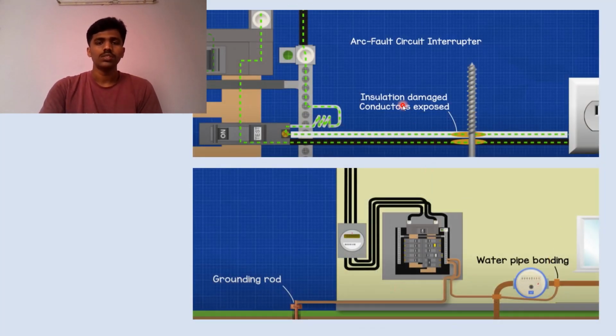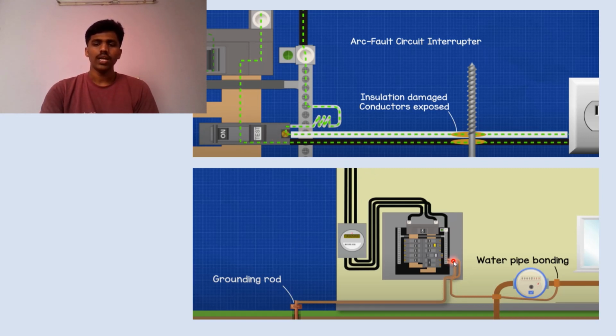Whenever someone accidentally inserts a screw or any metal which conducts electricity, it may break the insulation of the particular wire, and it leads to the exposure of copper. When the copper gets exposed, there is a chance that electricity may jump from the hot wire to the neutral wire. This leads to the formation of an arc. There is a particular kind of signal when this arc appears. This signal gets detected by the AFCI circuit breaker, which immediately trips the circuit. By doing this, it protects the property from burning.